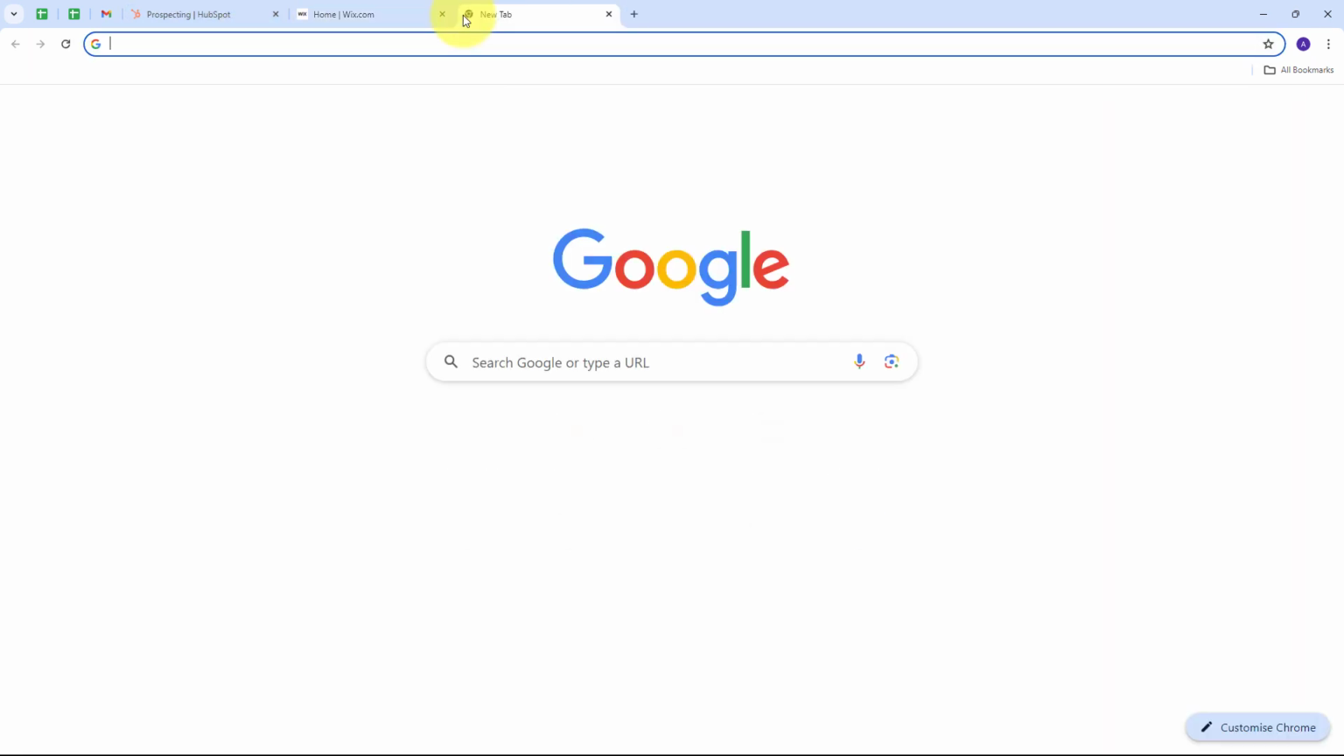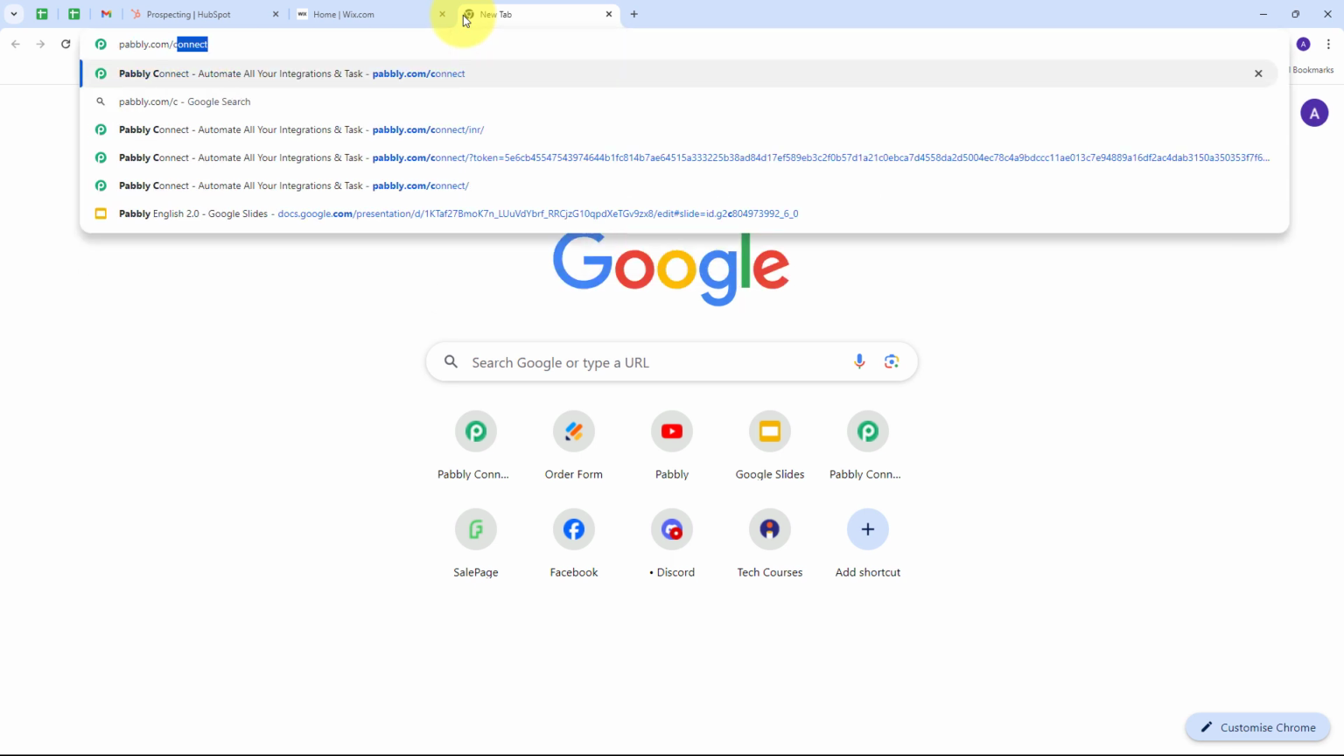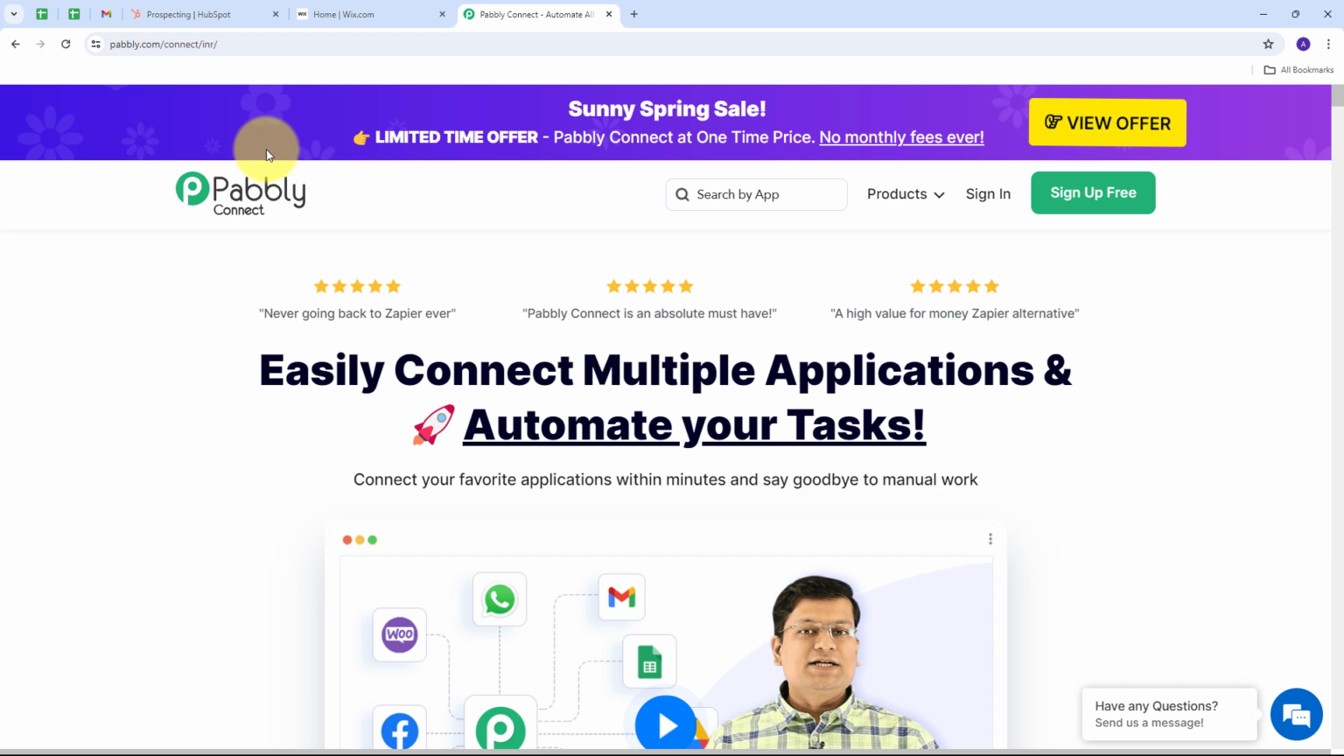Now how I'm going to build this connection and how I can use Pabbly Connect, for that I need to open a new tab and search for pabbly.com/connect. And it will take us to this landing page of Pabbly Connect. Here we have two options, sign in and sign up for free. If you don't have any account with Pabbly Connect, then you just have to click on this sign up for free button and it will take only 2 minutes of your time and you will get 100 tasks free every month. Or if you already have an account, you can just sign in